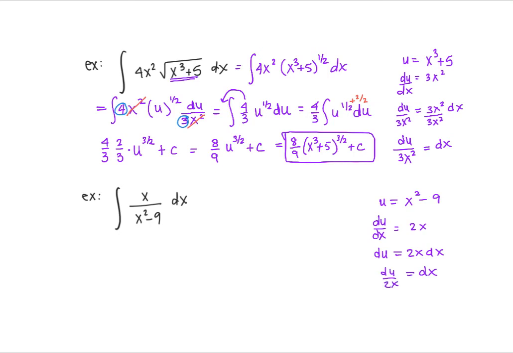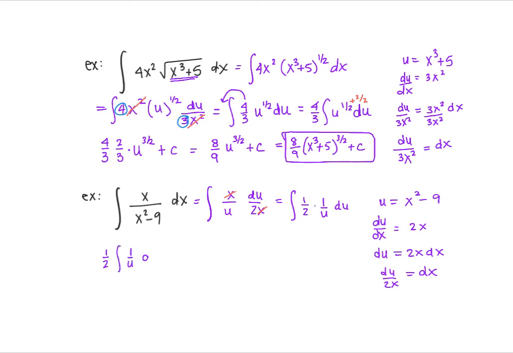And now we can do our substitution. So I have x over u, and then I have du over 2x. So the x's cancel, and I have this 1/2 left over. So I'm going to rewrite this as 1/2, then I have 1 over u and my du. I'm going to take the 1/2 out,